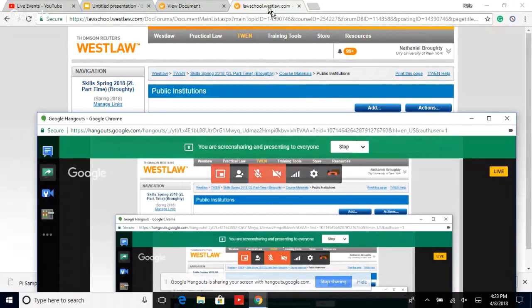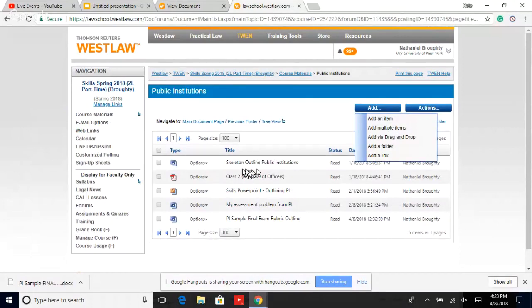Okay, so you can see my entire screen now, right? So now, do you see this right here? This is the PI fund on the rubrics. This is on the TWEN page. But you see where it says skeleton outline public institutions? If you click on that,